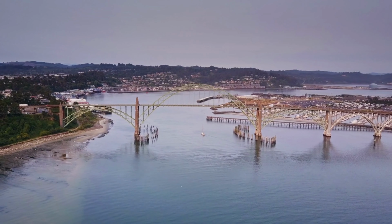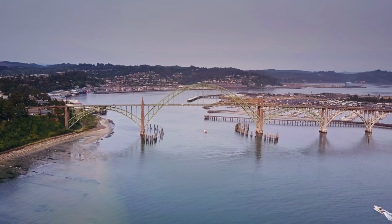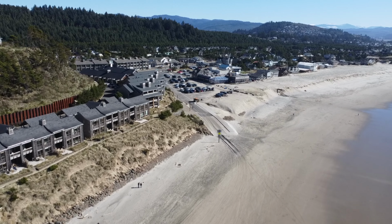But a lot of these towns are set on rivers. They might be on the mouth of a river where the river comes out from the east. Or a lot of these towns aren't going to be right on the ocean. There are several sections of Highway 101 that veer off from the ocean a little bit, and you're in more of a valley area or a mountainous area, for example. So I think there's probably not going to be an area that lacks natural beauty as far as the landscape